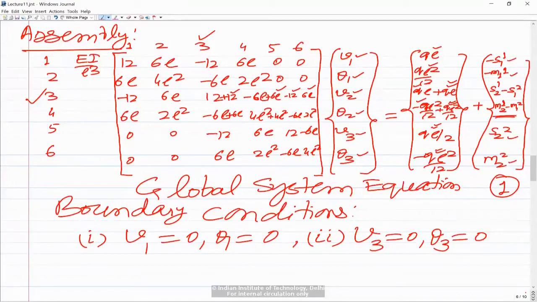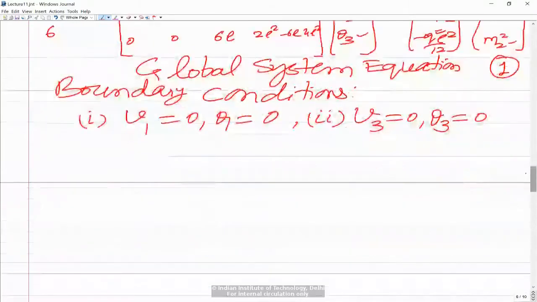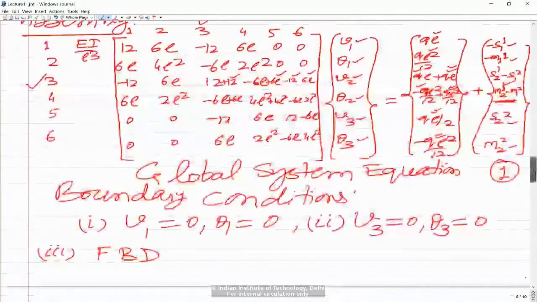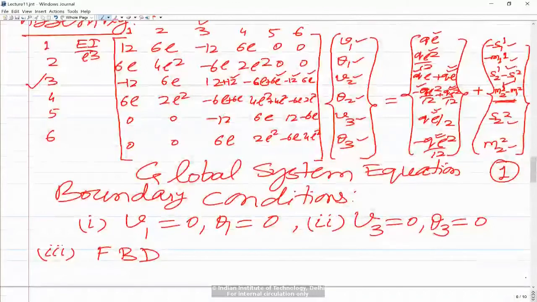And similar to what we did earlier, for the third set, to find the values of these in terms of the externally applied loads at a particular node, we need to look at the free body diagram of global node 2. So the third set of boundary conditions will come from the free body diagram of it. You don't always have to draw this free body diagram, but to explain, I am showing this. Once you understand the concept, you will easily identify that S21 minus S12 would be equal to